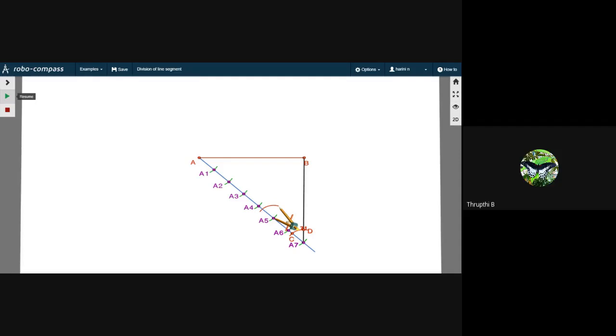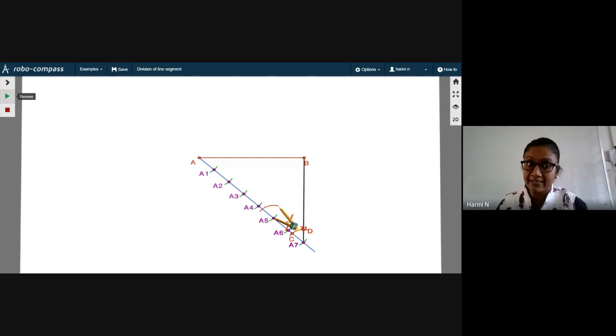Okay, yes, the next step. Now, the next step is very important. Please observe carefully. Now, you have to take your compass and measure this length CD in your compass. That is, you will keep your compass at C and pull it till D. That is the radius you have to take in your compass now. So take your compass from A5, keep it on C and pull your pencil till it reaches D. That means you have taken the radius as CD now.